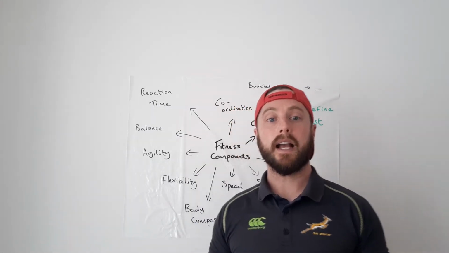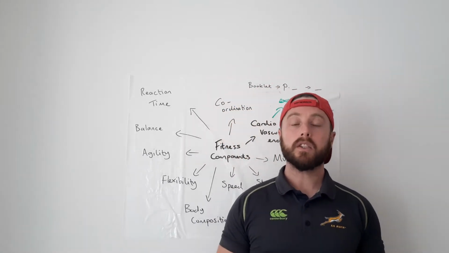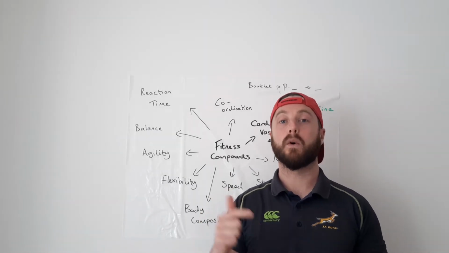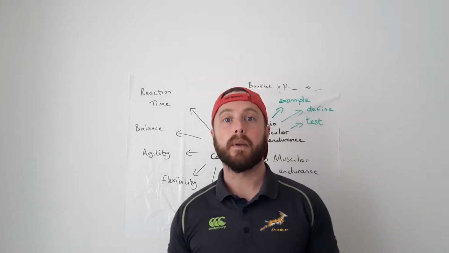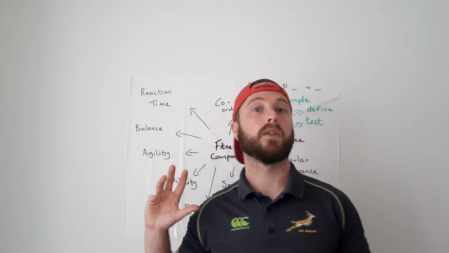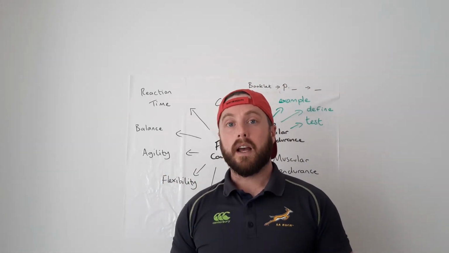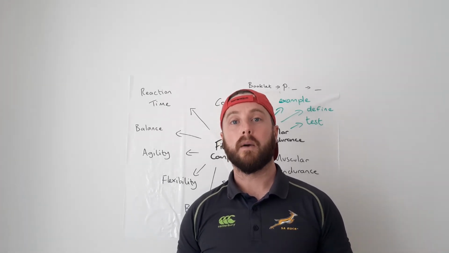The next component I'm going to talk about is muscular strength. Strength is the ability of muscles to exert maximal force to overcome resistance. An example of strength may be scrummaging in rugby or shot putter in athletics. The test we did for that was the 1 rep max, and we generally did that with a bench press